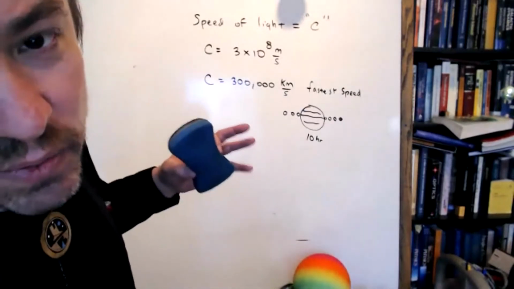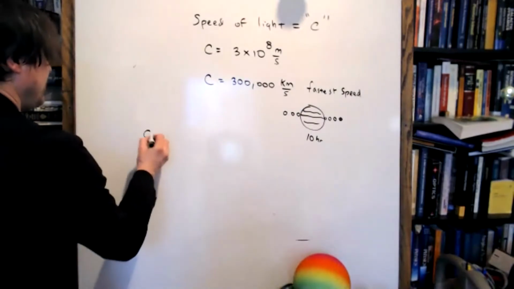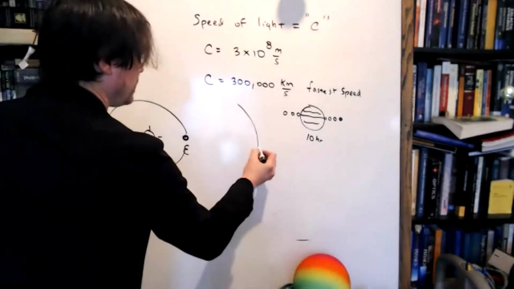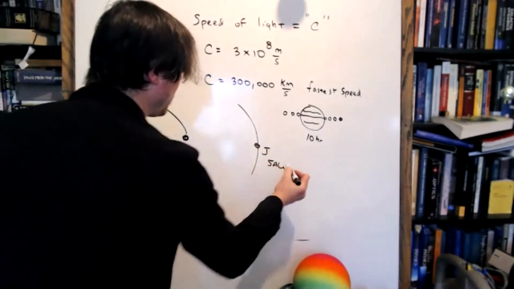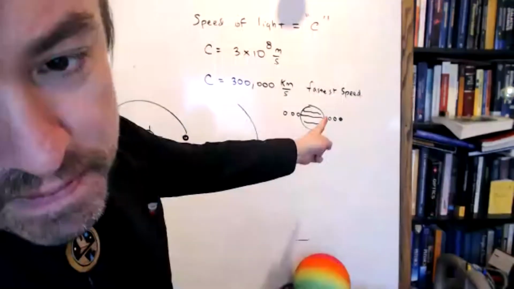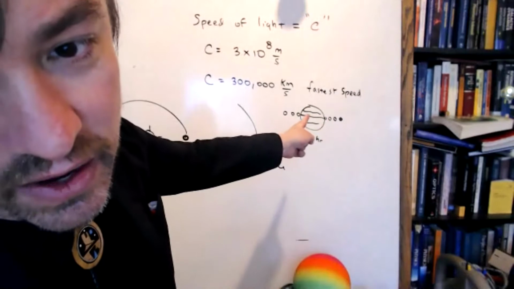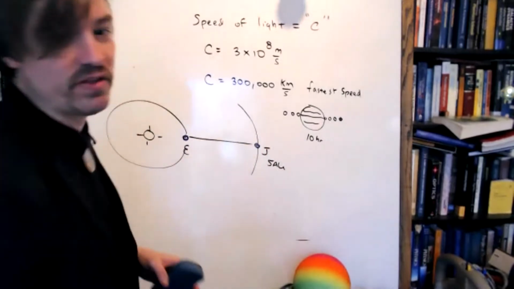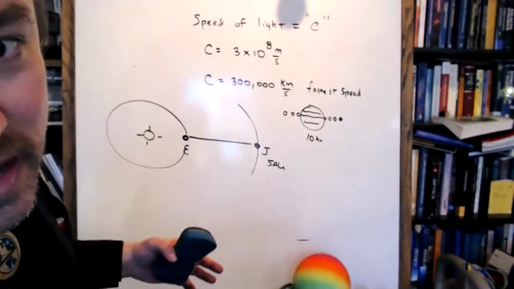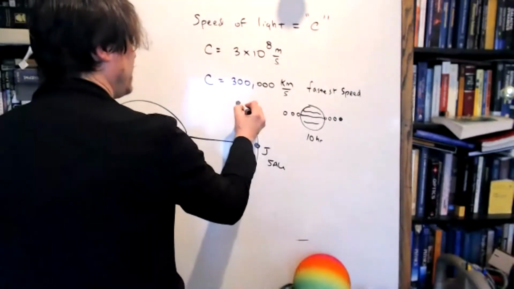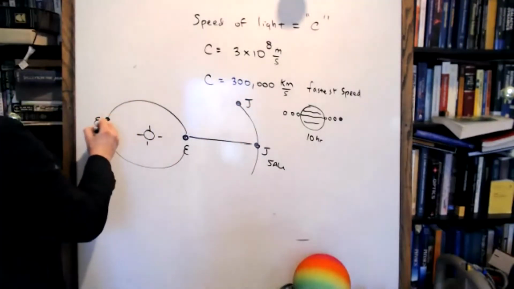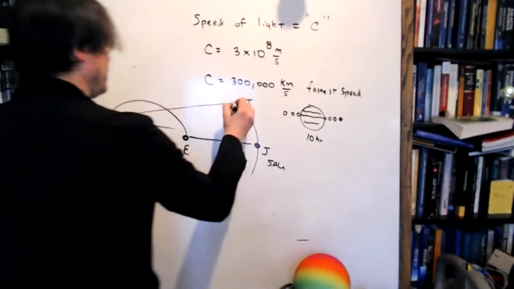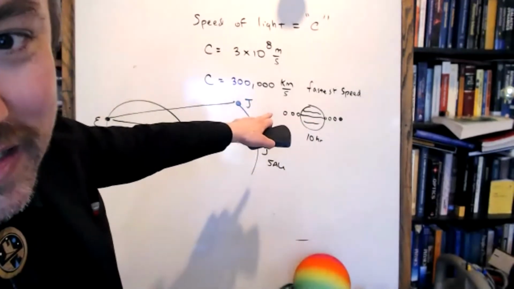The idea that he had, and when I learned about this, I thought it was so clever, is if this is the sun and this is the orbit of Earth, and remember that Jupiter is about 5 AU from the sun, he measured the time that it took Io to go behind Jupiter when Earth and Jupiter were in opposition. So Earth was really, really close to Jupiter, right? And then he waited until Jupiter had moved over here and Earth had basically moved 2 astronomical units away. And he observed the period of time that it took for Io to go behind Jupiter.